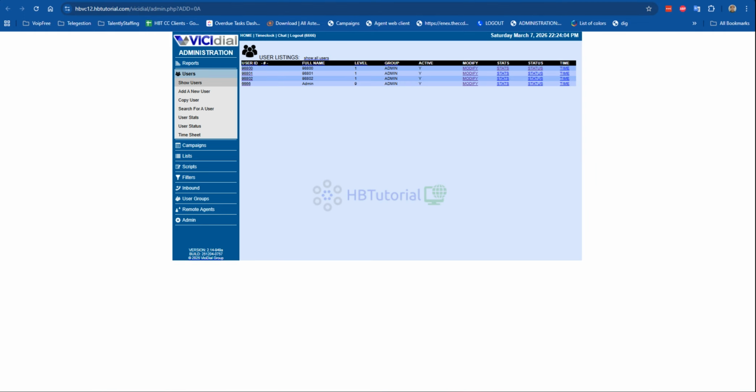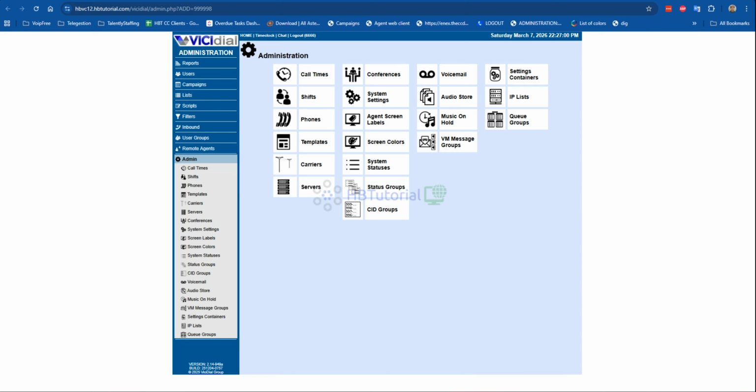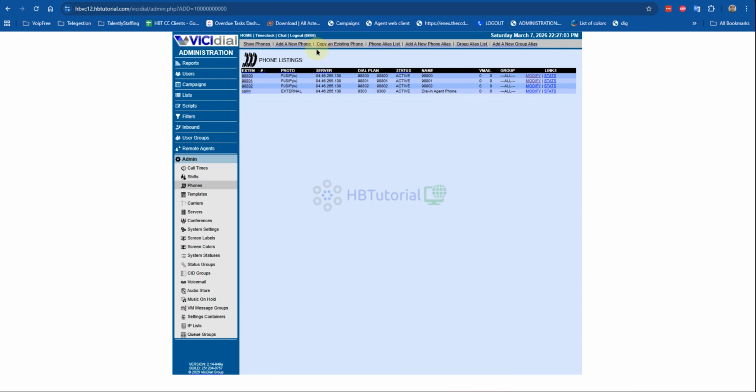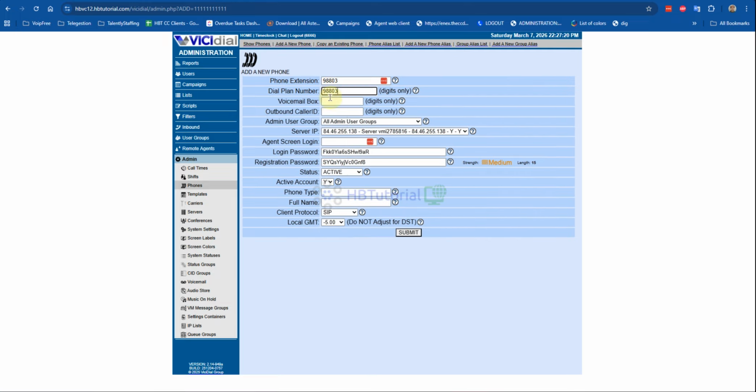Okay. After that, because we were creating a new user, for this one we need to create phones. So from phones, you need to copy the existing phone. I can copy the settings from here, or we can actually add it manually.